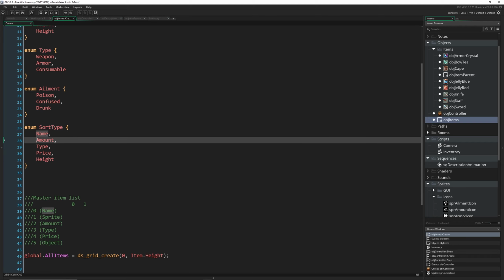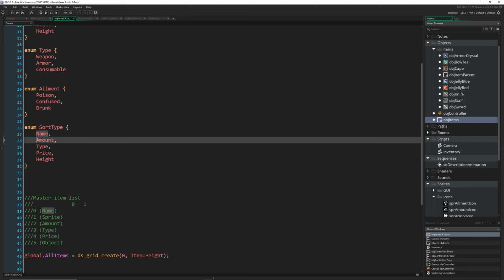Okay. The first thing we got to do is convert our sort type into the type of things that we can actually find inside of our inventory, because the sort type here does not necessarily mean the sort type over here. You could potentially do that if you want, like put name and amount and type and price all in the same order, but I think that's kind of unnecessary and could get very confusing, especially with larger inventories with a lot of different item types. So instead, we're going to go ahead and convert sort type